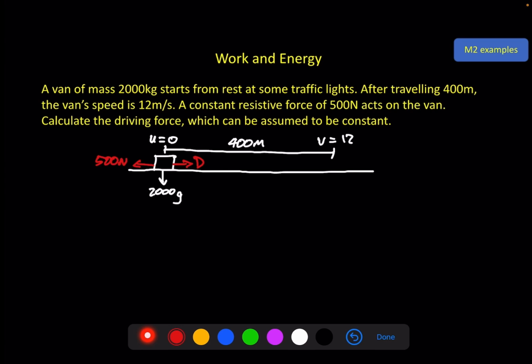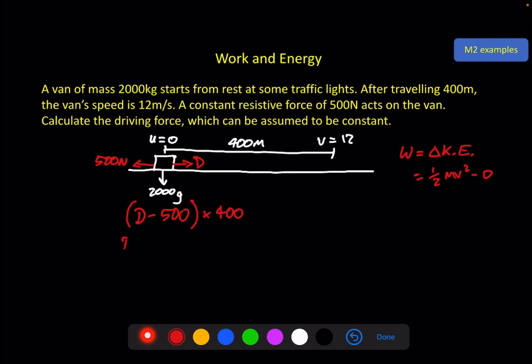Using that same connection, we've got work done is equal to change in kinetic energy. Of course, the change in kinetic energy is quite easy. Here there is 0 kinetic energy. So we've got a half mv squared. The work done has two elements, the work done by the driving force and the work done against resistance. I'll do them both together by doing d minus 500 as our overall force, or the resultant force. So the resultant force times the distance travelled would be the